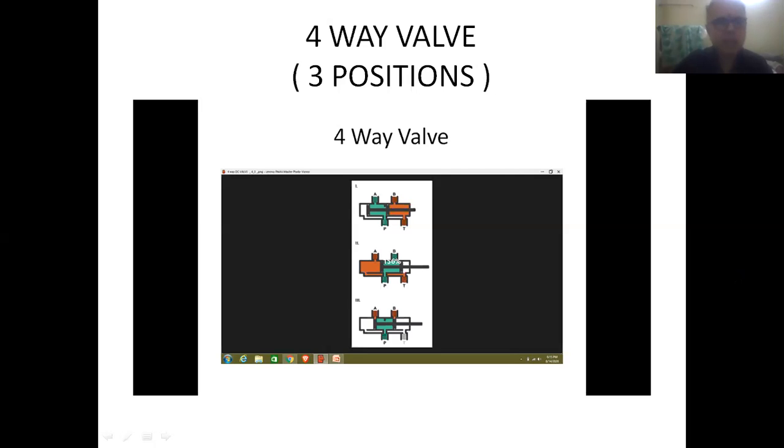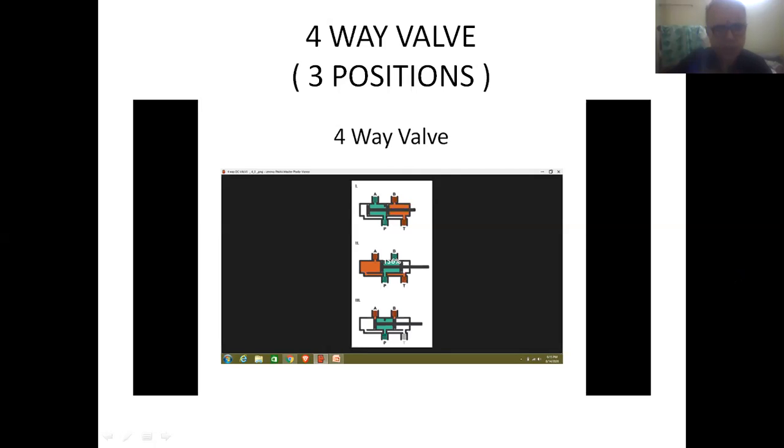And when the elements move in forward direction, then the valve will be coming to second position. So friends, the first position is very essential for the forward stroke of the piston, and the second position is very essential for the return stroke of the piston.